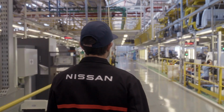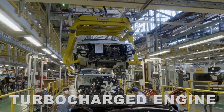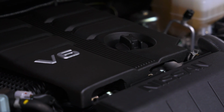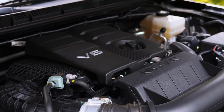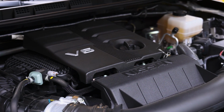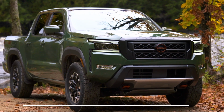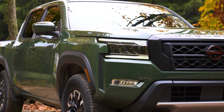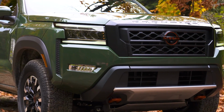What Nissan needs in this area is a real revolution. In other words, a brand new turbocharged engine that will push at least 310 HP and 430 pound-feet of torque. These are the minimal numbers if Nissan wants to be a competition to the other manufacturers. Another downside that we must mention when we discuss the powertrain is the lack of a hybrid version. These days, more and more competitors are starting to introduce their own hybrid models, and Nissan is still nowhere near